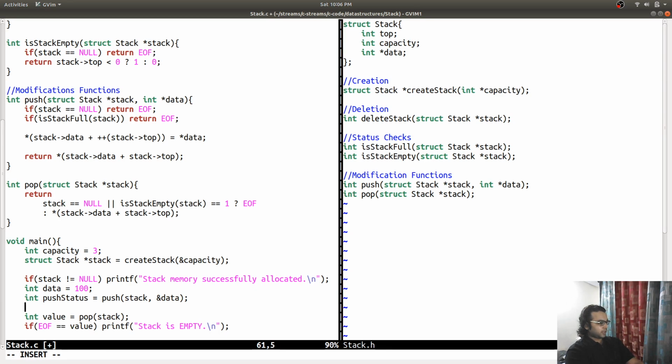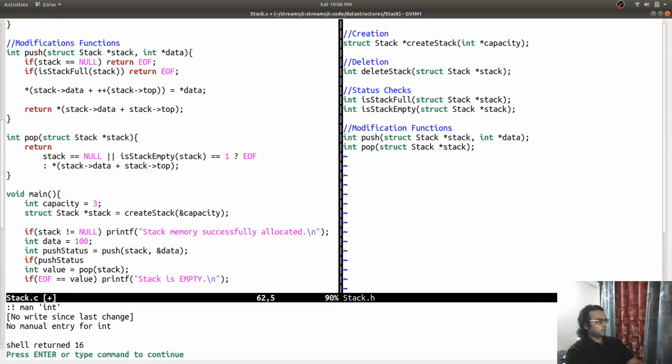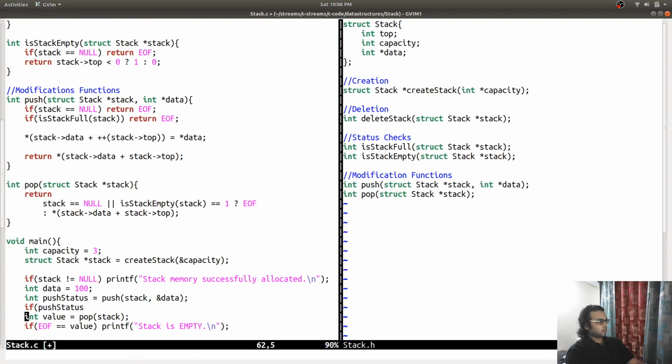If I say that if push status is equal to, I want to say printf and stack is full.